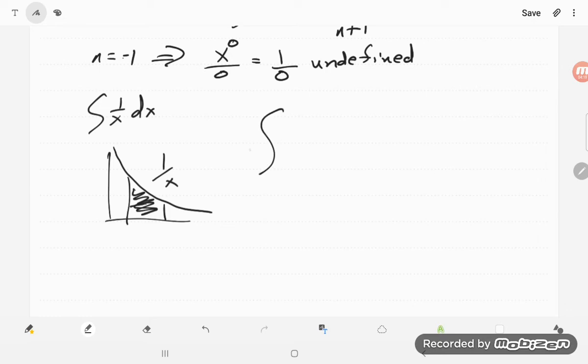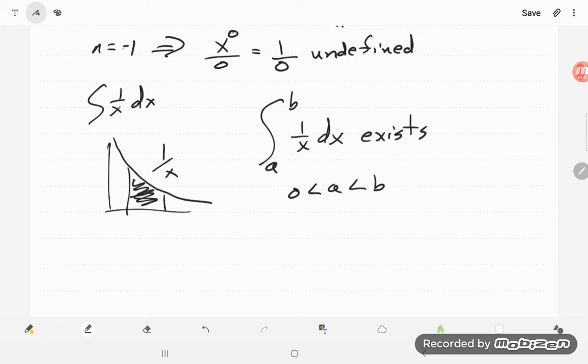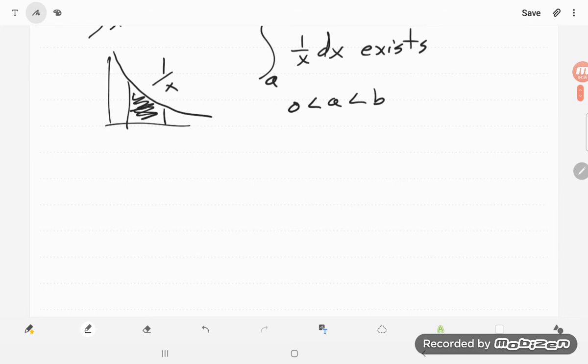So if I said the integral from a to b of 1 over x dx, that would exist. Certainly if 0 is less than a, and we'll go with a less than b, so that the limits of integration don't go in the opposite direction. So all this exists. So what we do is we define a function using the second fundamental theorem of calculus, and we say, okay,